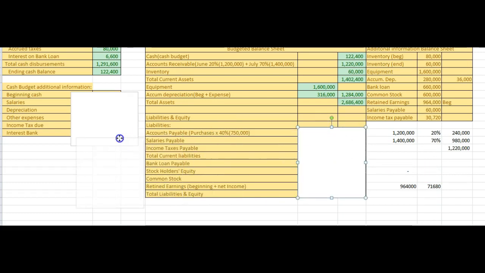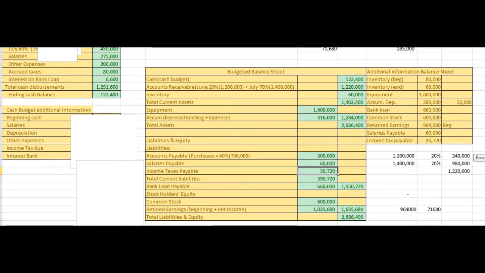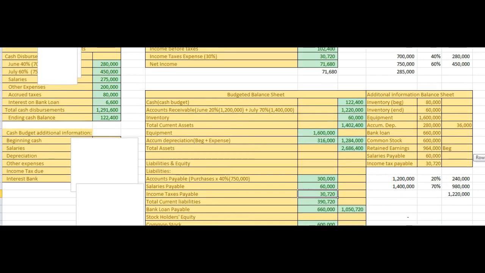So let's see what we've got. I have accounts payable, and I lay it out here, 40% of the $750. Our salaries payable were $60,000, and that was right here. Our income taxes payable was $30,720, and that came from the income statement right here. So we had current liabilities of $390,720. I had a bank loan payable of $660,000. So now I have total liabilities of